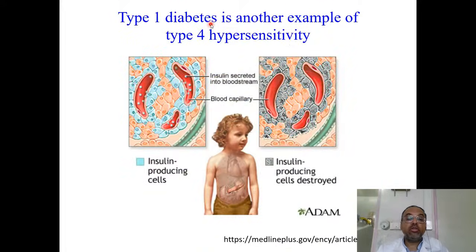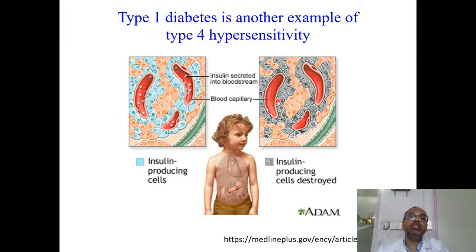Another example is type 1 diabetes. Insulin producing cells in the islets of Langerhans are called beta cells. So if beta cells are targeted by lymphocytes, in this example here the blue cells are the beta cells, and they are destroyed, the person will be unable to produce sufficient levels of insulin, and the kid will